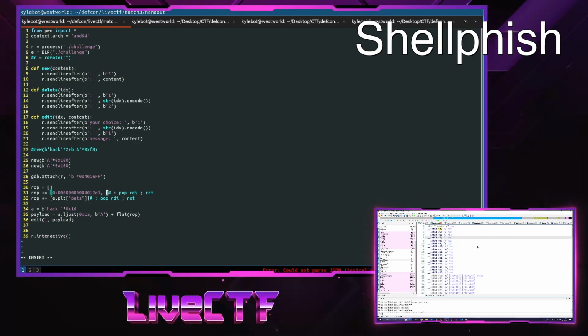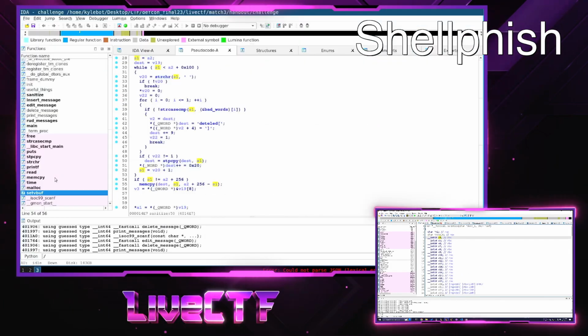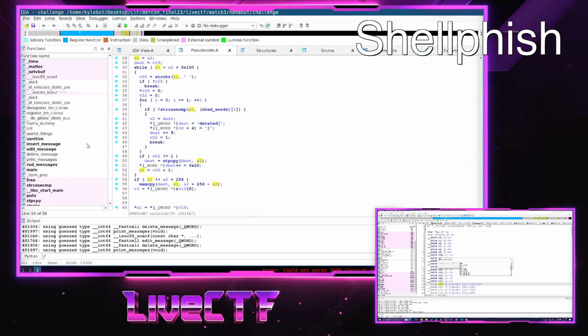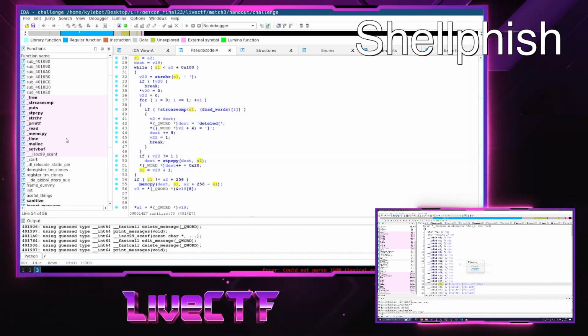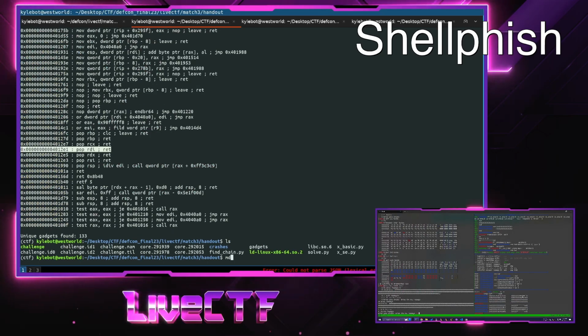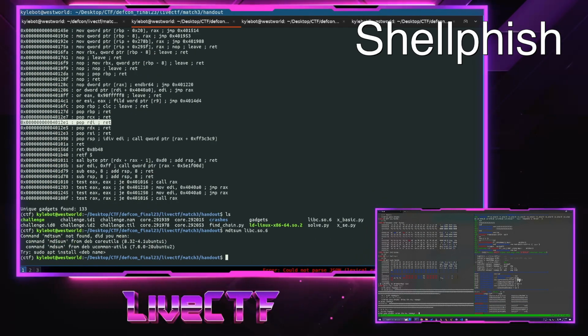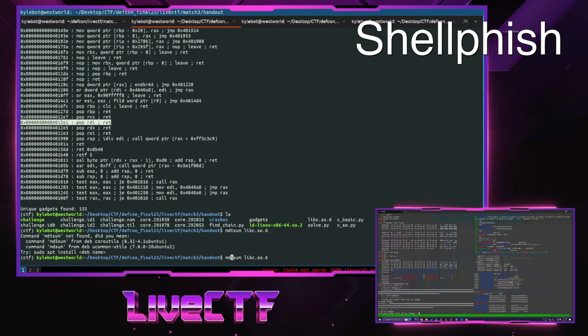So very methodical here, and great comments too. I like how they actually have pop RDI ret for what they're looking at. Not just making the gadget, they're showing exactly what instructions they want to start using for their ROP chain. Right, and I think this is really cool to see, because a moment ago I felt like